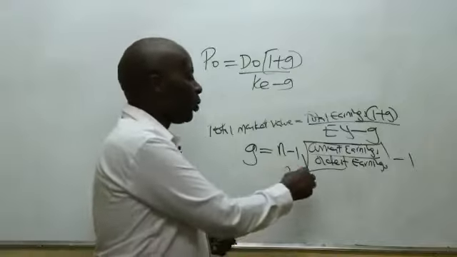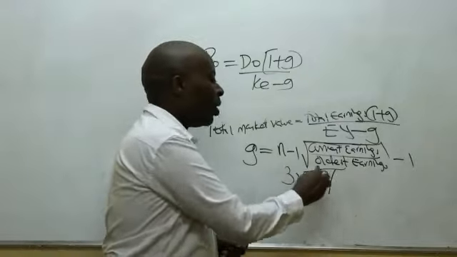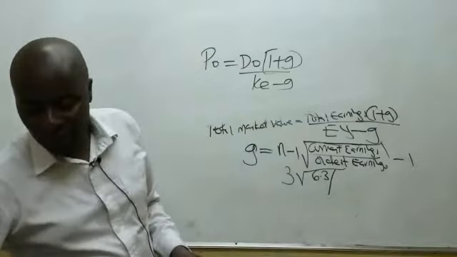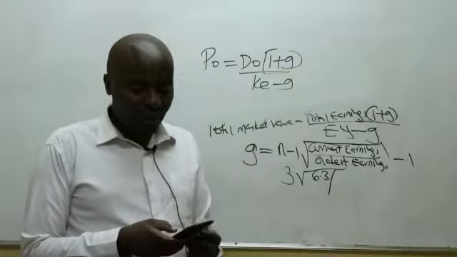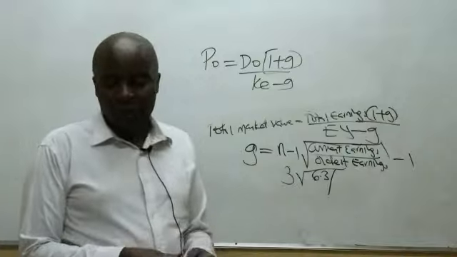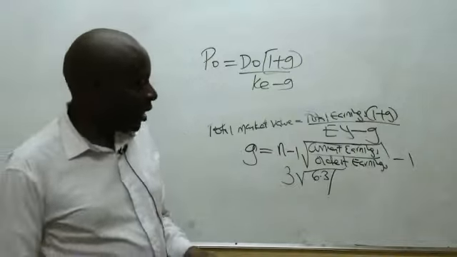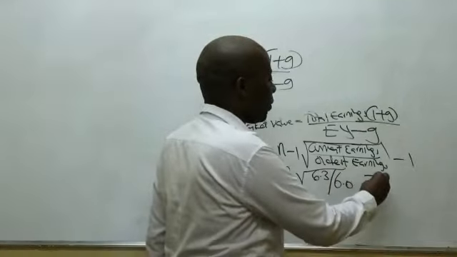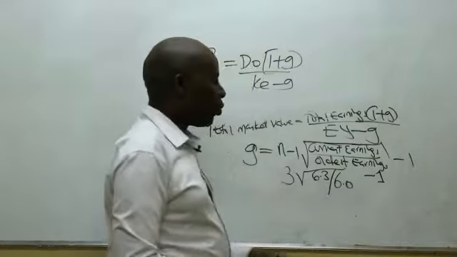They are 6.3, all over the oldest earnings. Remember, earnings are the same as what here? Profits. The oldest earnings, ladies and gentlemen, what do we have? The oldest earnings, we have 6.0. So 6.3 divided by 6.0, and then whatever we shall get there will come and subtract 1.